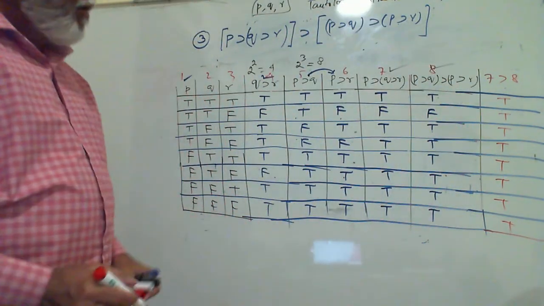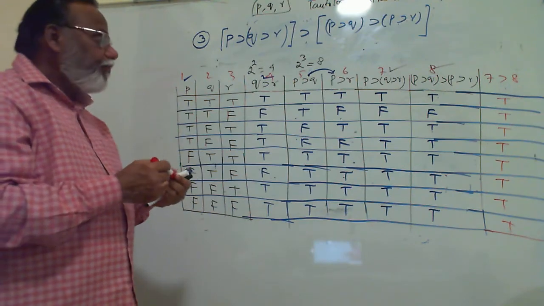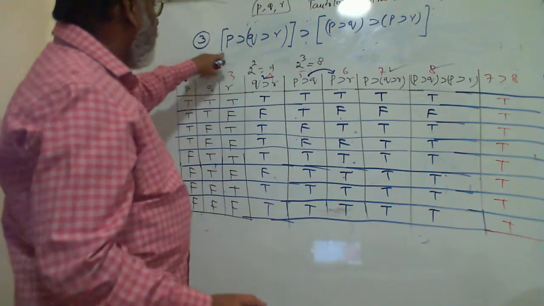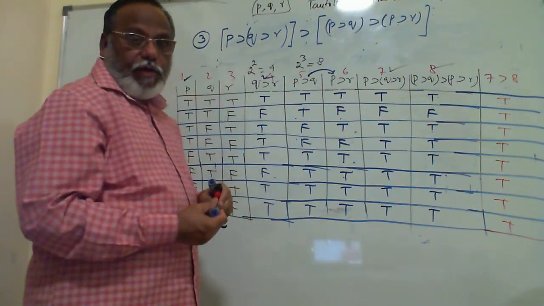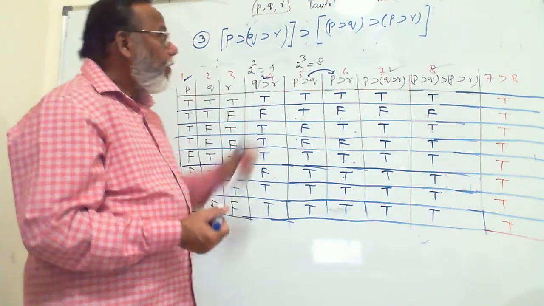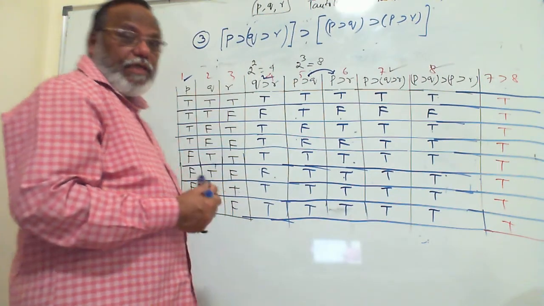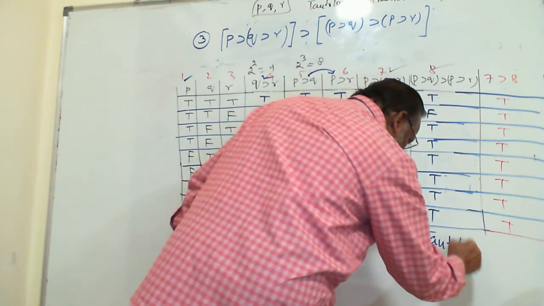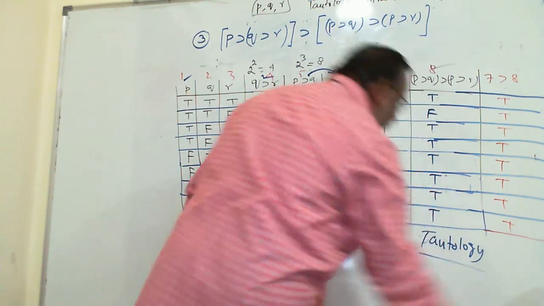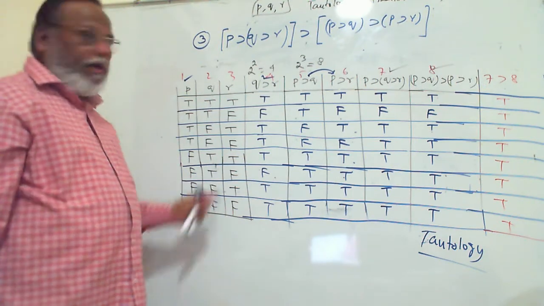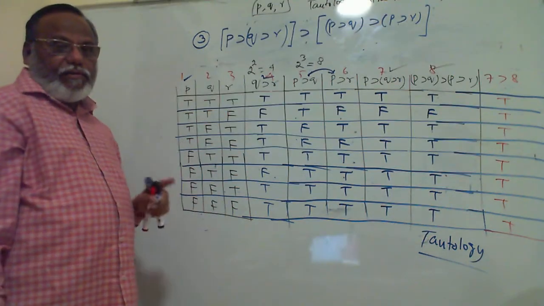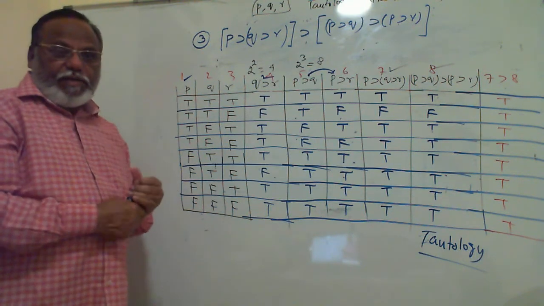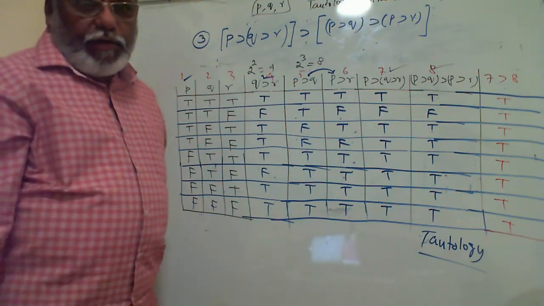So this proves that this statement form is producing a tautologous statement, or we can say this is a tautology. So the only thing is that it's a little bigger in size. Okay, this is also trying to give you a message that the truth table